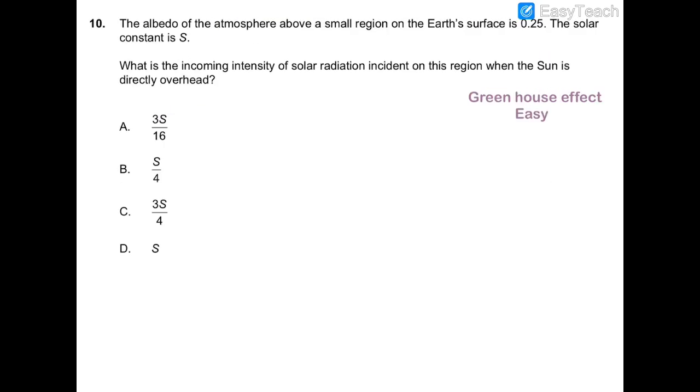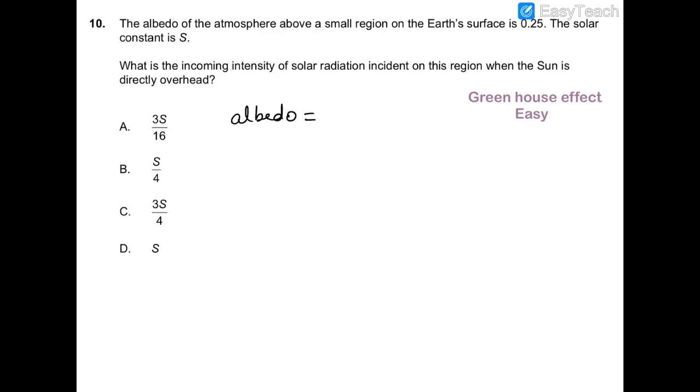In this question, you can see that the albedo of atmosphere above a small region of Earth's surface is 0.25 and the solar constant is S. So what is the incoming intensity of solar radiation that is incident on this region when the sun is directly above the region? We know that this albedo